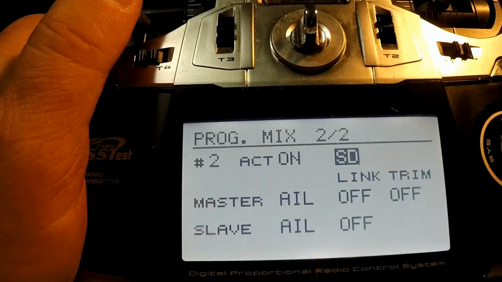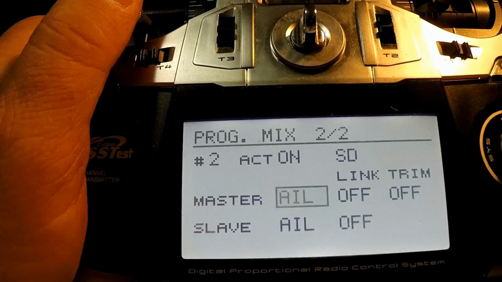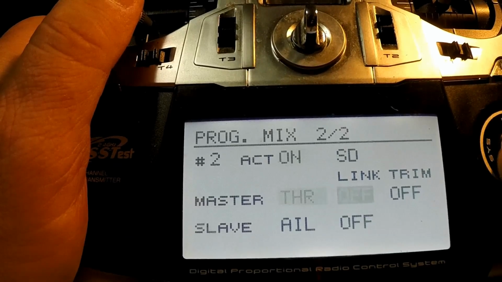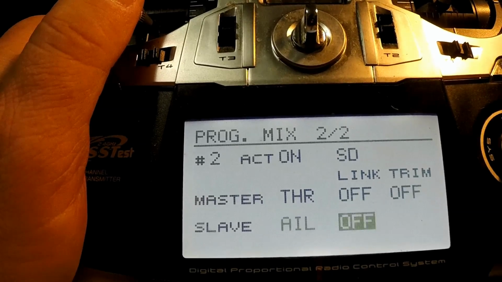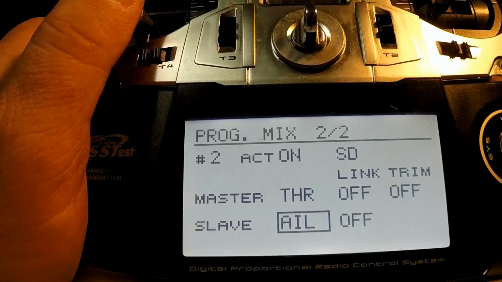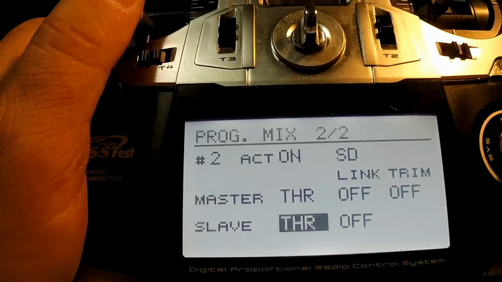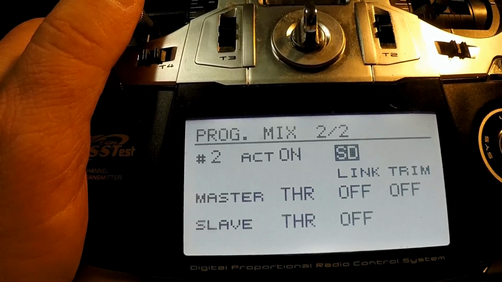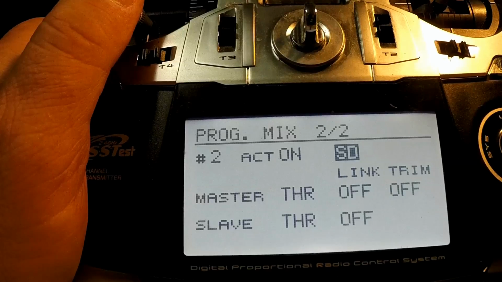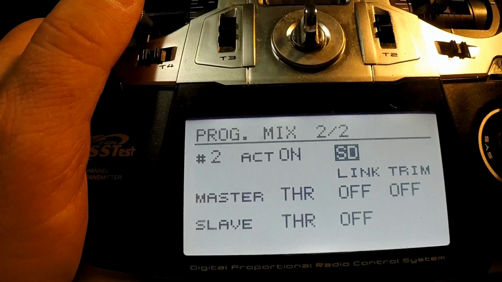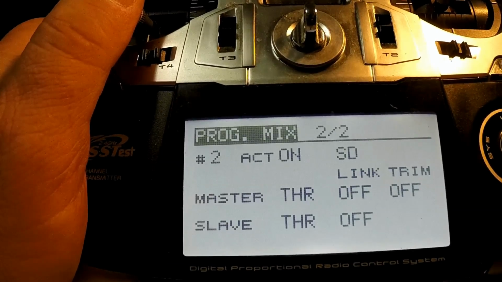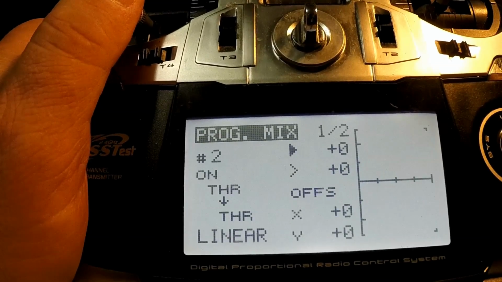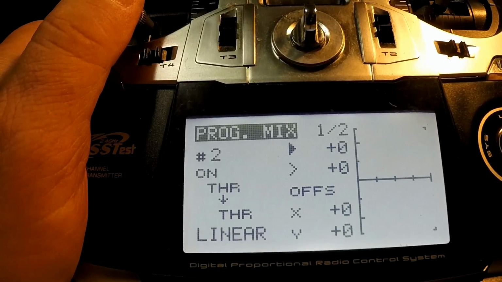So you have to change your master channel to throttle. Scroll down to the slave channel, and then change it to throttle also. Alright, so we have throttle, master and slave, and throttle. So again, we have to go to this page, the first page,